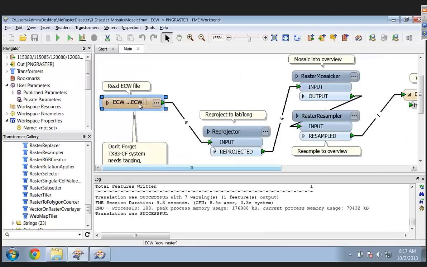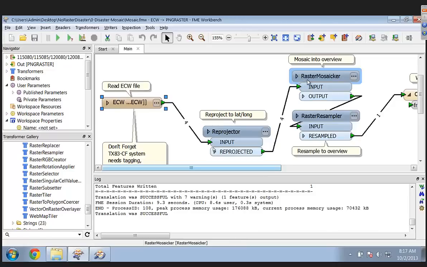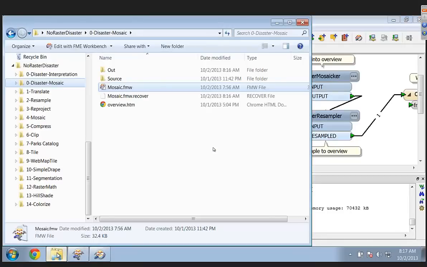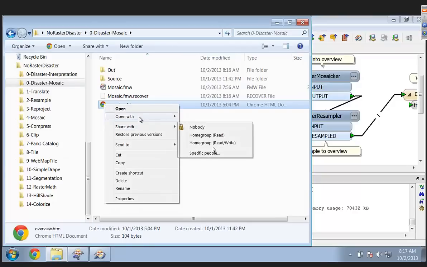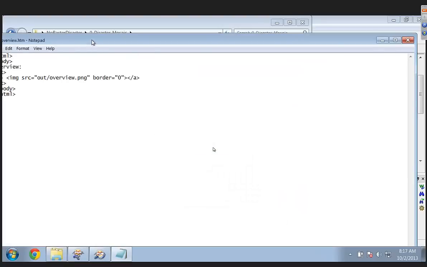Okay, so these were tiles in ECW? Yes. And so you run them through a reprojector. We're going to reproject them to lat-long, we're going to mosaic them together, and then we're going to resample them down to an overview size because we don't want this huge image, because like you saw before, it takes a while to load. We just want something simple that'll show up in an extremely simple web page, because I'm not a very good web programmer. Dave, you did some HTML for this. Very little HTML. So let's take a look at Dave's web page here. You know, I probably could have done that too.